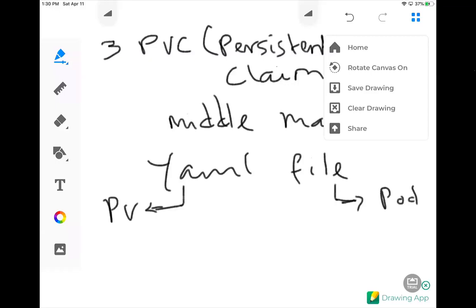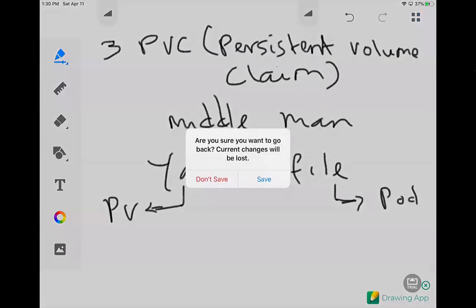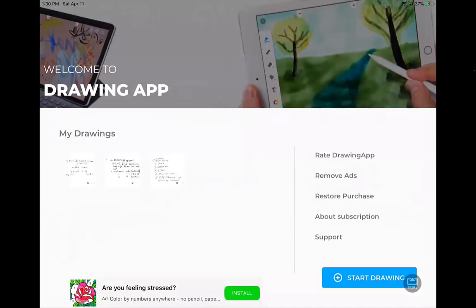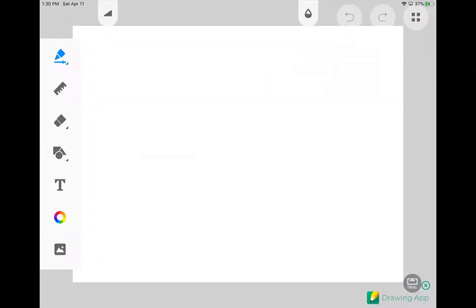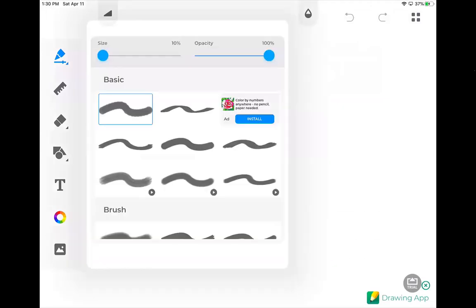All right, so I'm going to save this one, and I'm going to go back home and start drawing the next one. So, pods. This is all just for the video, so when you want to watch the video, you come back here and get the stuff done. So, a pod, which is a YAML file